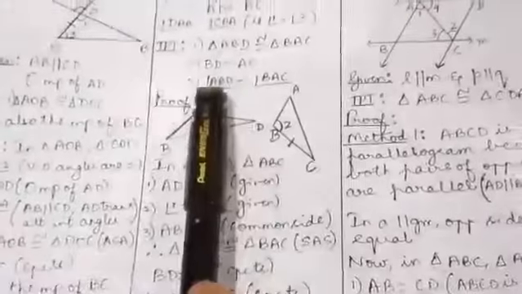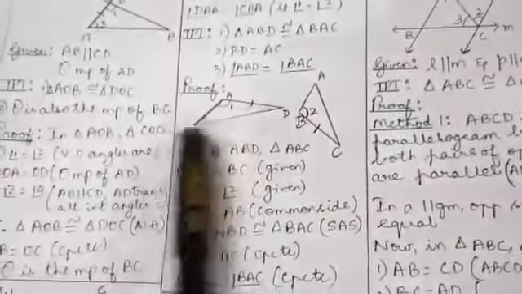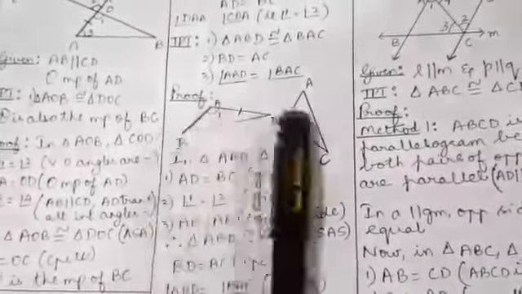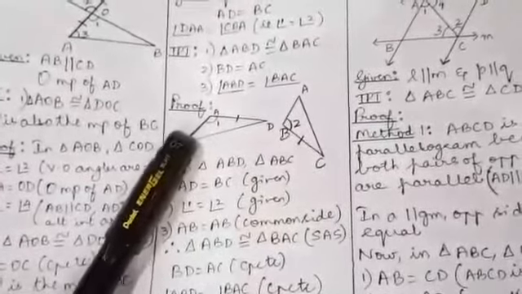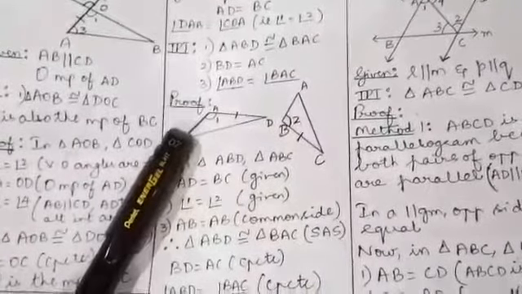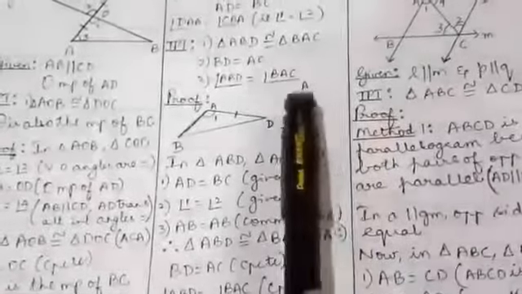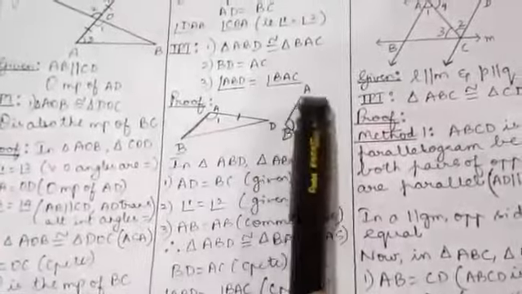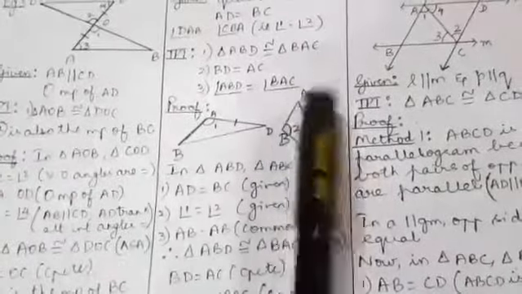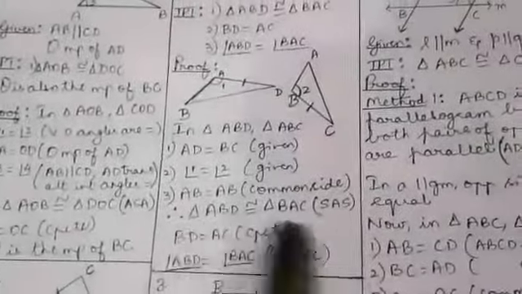So here we have to show that angle ABD. Which is angle ABD actually? This one is angle ABD. Correct? This is angle ABD, this angle B. And which is BAC? BAC is this angle A. So actually you need to show that angle B equals angle A. Correct? So just check the order here in the triangles.